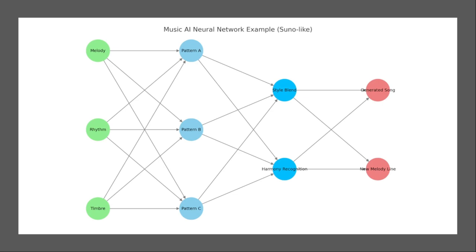Or you could say someone combining pop, EDM, or something else. When it comes to harmony recognition, it understands chord progressions and how notes fit in it. Now, where there's a malfunction, you could actually hear Suno play wrong notes on a chord. That's where the algorithm didn't get it right.